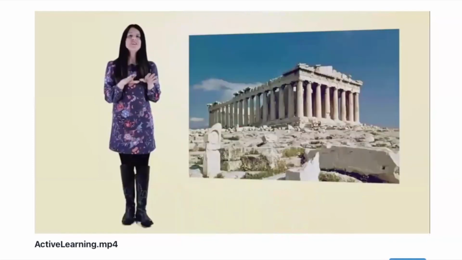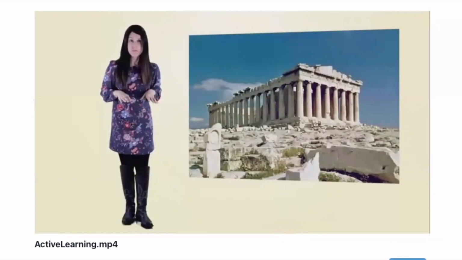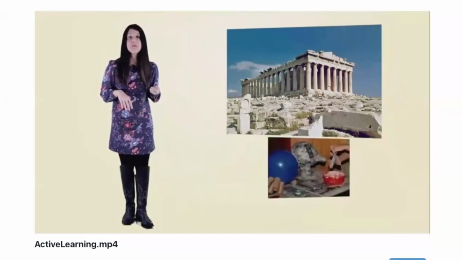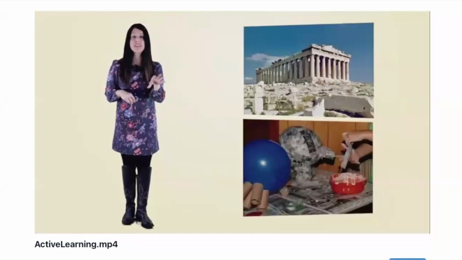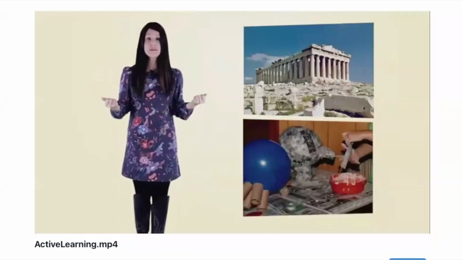First, though, let's make sure we're on the same page regarding the definition of the phrase active learning. It's natural to think that active learning means that the students should be doing something active that is physical with the material. If you are teaching Greek culture and history, for example, you might have students build a papier-mâché Grecian urn. It's active and it has to do with Greek culture and history, so it works, right? Not quite. In fact, not even close.